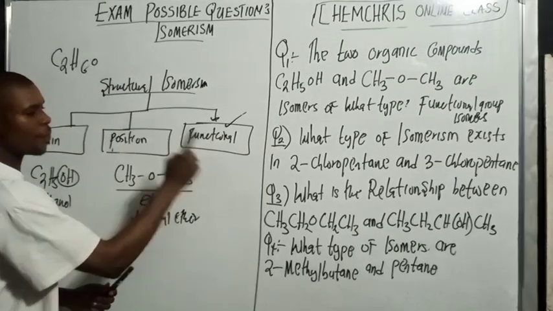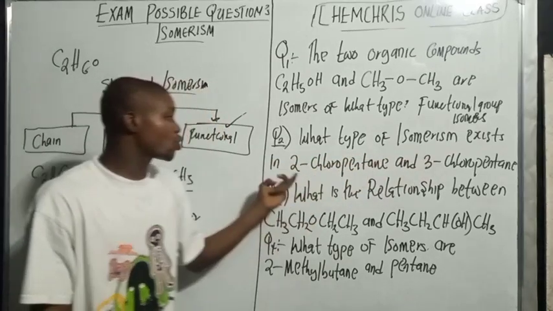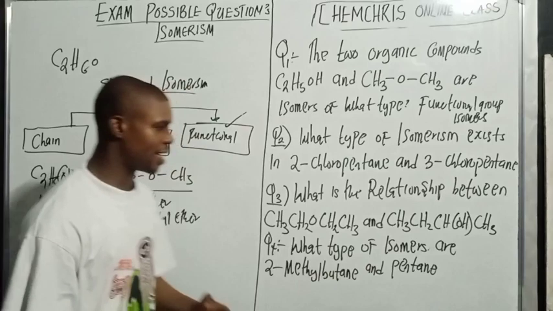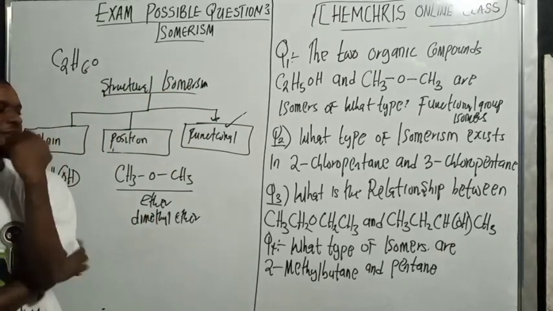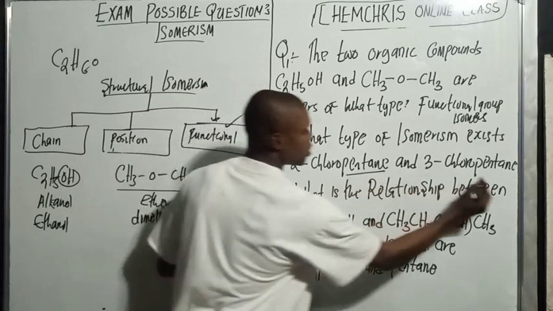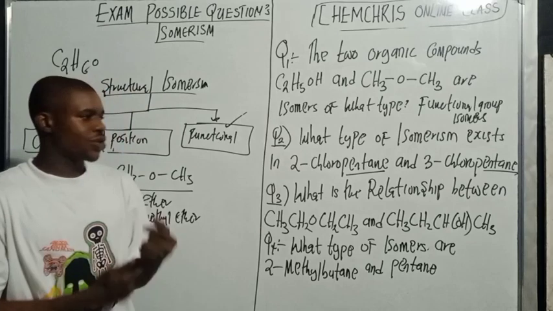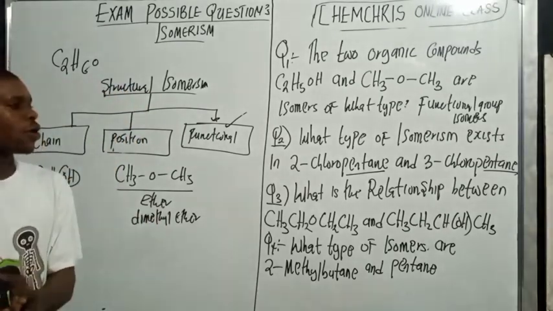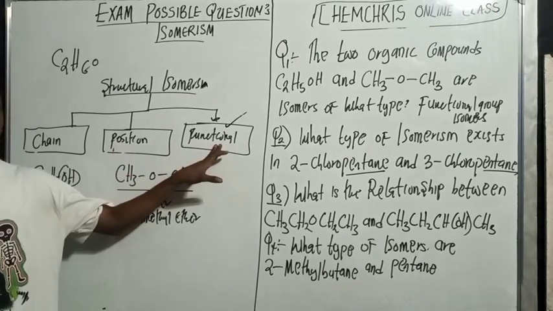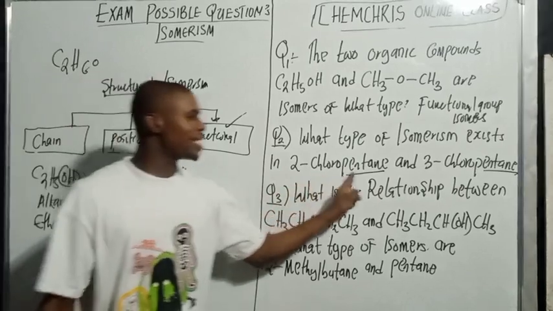So let's look at question two. What type of isomerism exists in 2-chloropentane and 3-chloropentane? Understand this: if you check very well, they have the same parent chain. Now the question is: is it chain, positional, or functional? It cannot be functional isomerism because pentane,